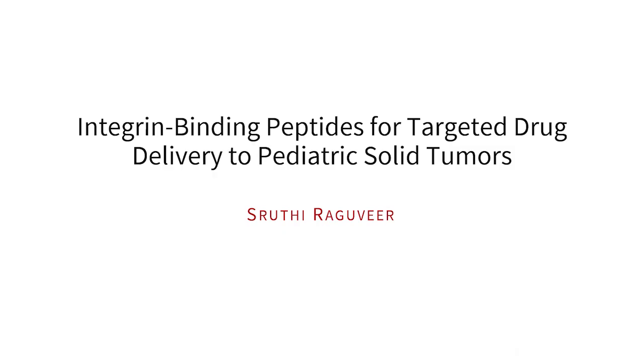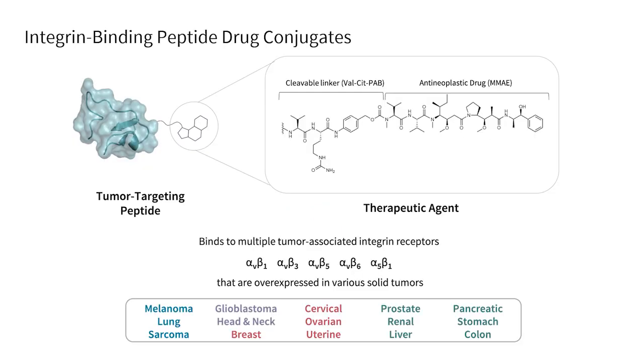So first, I'd like to tell you a little bit about my undergraduate research project, which is titled Integrin-Binding Peptides for Targeted Drug Delivery to Pediatric Solid Tumors. For this project, I worked with a peptide drug conjugate. This peptide, which I'll refer to as PIP, was previously engineered to selectively bind to integrin receptors, such as these 5 listed here. Integrin receptors are overexpressed on a number of cancer cell lines, which means they're a promising target